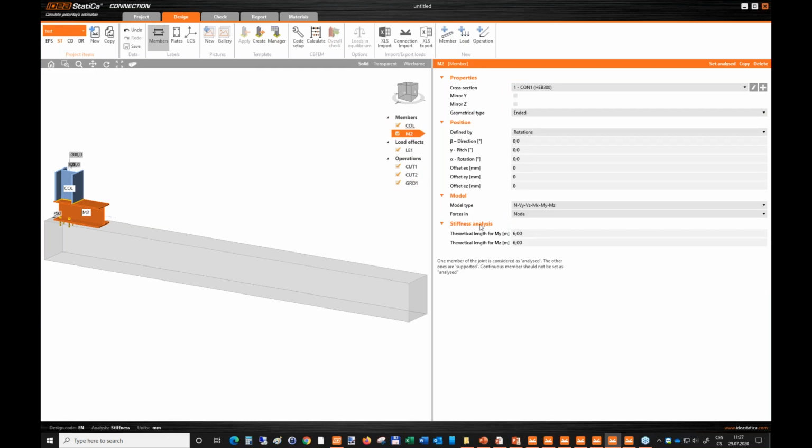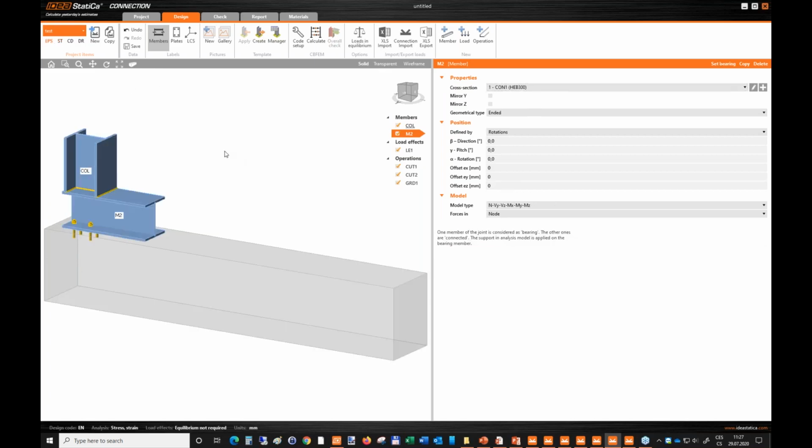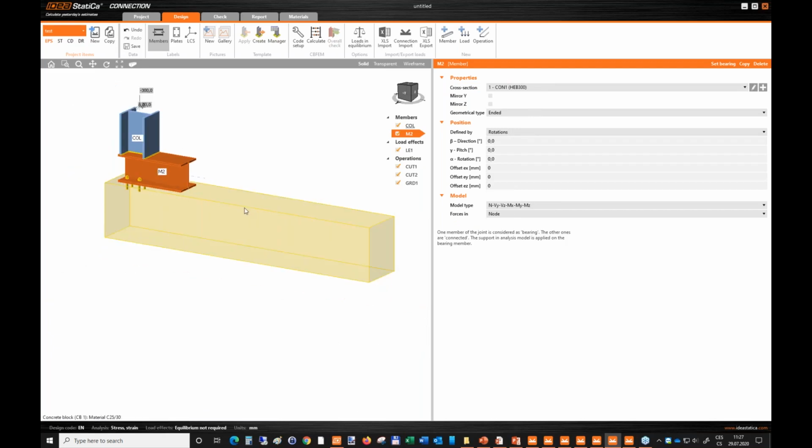For the stiffness analysis, we suppose that the theoretical length for the moments is 6 meters. It's a default value. You can, for example, in our case, say, okay, the theoretical length is 3 meters. Check it and go back to our analysis. And here you can see the concrete block change to 3 meters. So let's go back again to the